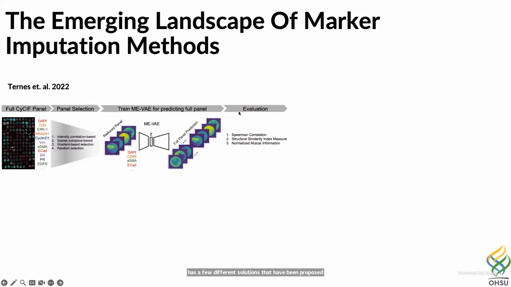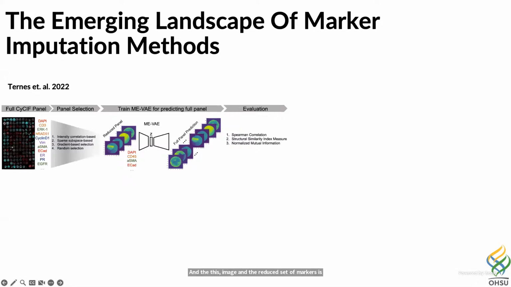So our lab was the first to publish a method for panel reduction and marker imputation, done by a former grad student, Luke Turns. This method is a two-step process. First we have to identify an optimal reduced panel by finding the subset of markers whose mean intensity are maximally correlated to the remaining withheld markers. The reduced set of markers is then fed into a multi-encoder VAE as a multi-channel single cell image,